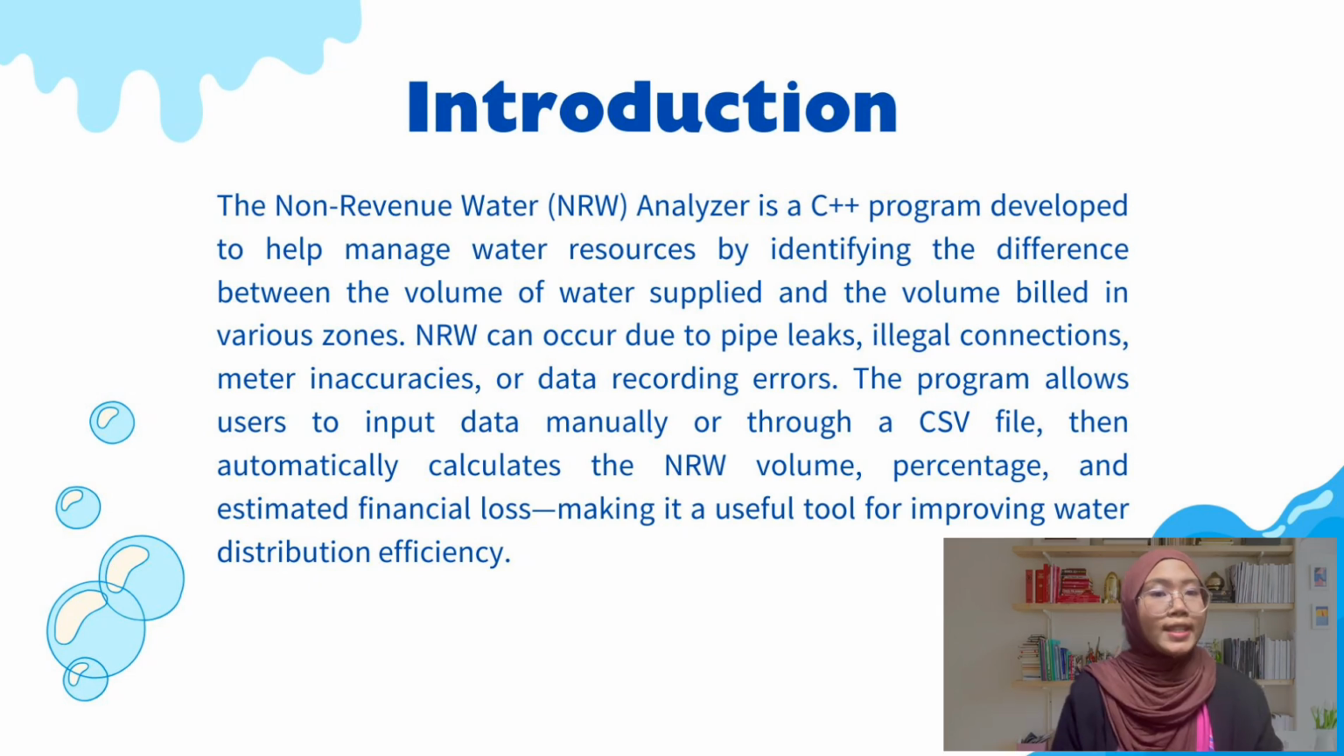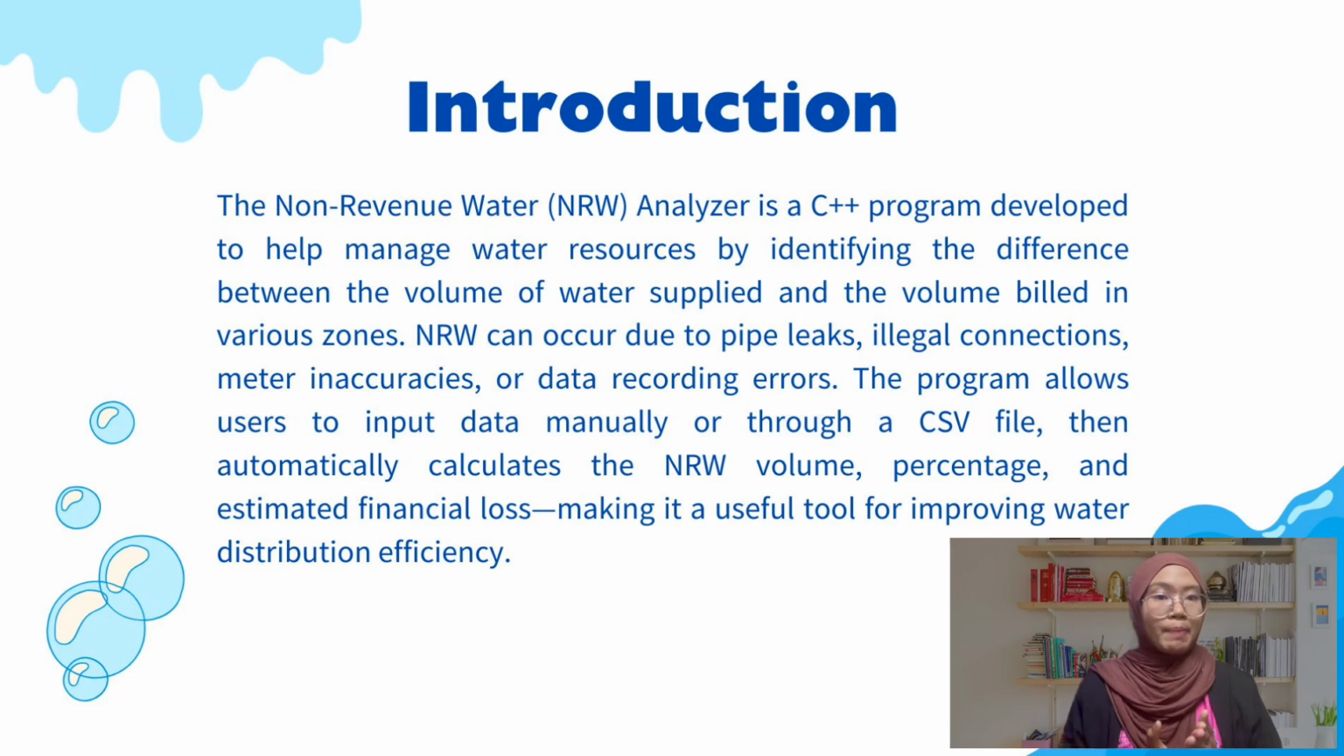One of the biggest challenges in achieving this goal is the issue of non-revenue water, which is the difference between the water delivered and the water actually billed to consumers. High non-revenue water levels can be caused by inaccurate meters or inefficient distribution systems, and they lead to serious financial and resource losses. So, our mini project, developed using C++, aims to help solve this by analyzing water distribution data